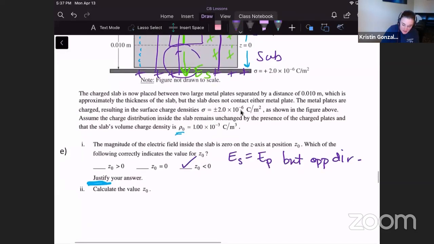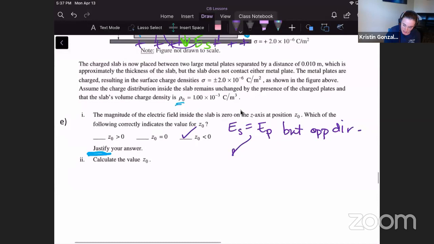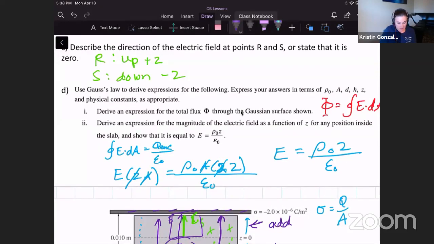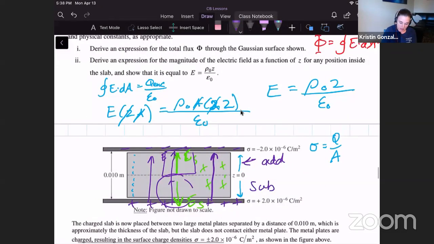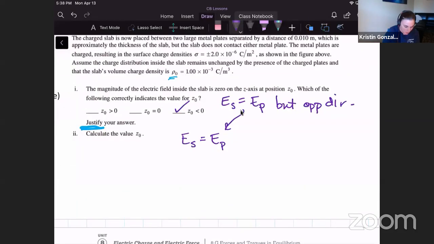Okay, now let's actually find where that would be equal. So we already started that right here. We know that the electric field due to the slab has to equal the electric field due to the plates. Well, we nicely already have our relationship, right? They gave it to us. And we derived it. It's that the electric field is rho naught times Z over epsilon naught. But if we're looking for the exact position, we want to say that it is rho naught times Z naught over epsilon naught. It's an exact position Z. That's got to equal... Now we've got to look really quick at how do we find the electric field due